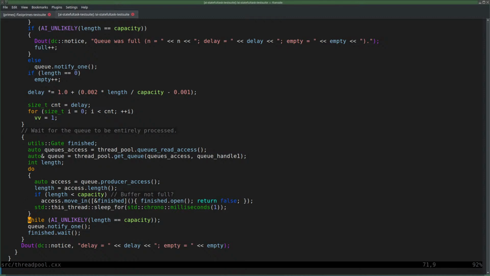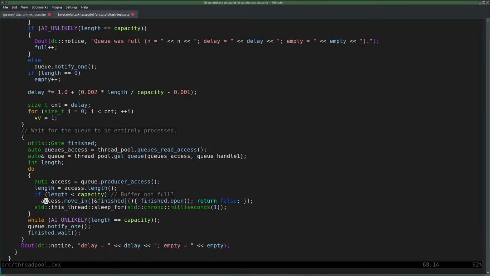And if that was the case, then we try again, and as soon as the length is less than capacity, so it's not completely empty, it's just not completely full,